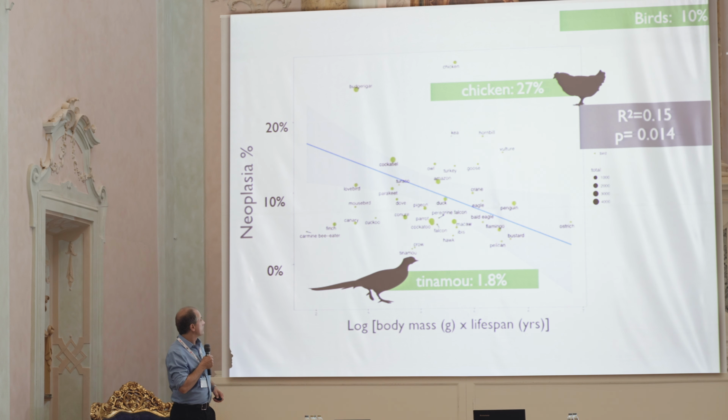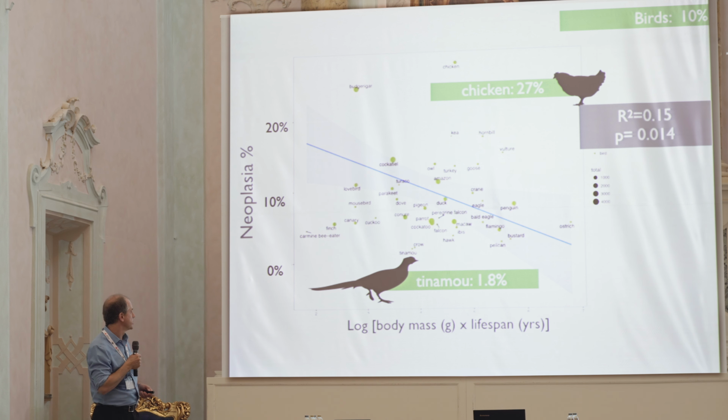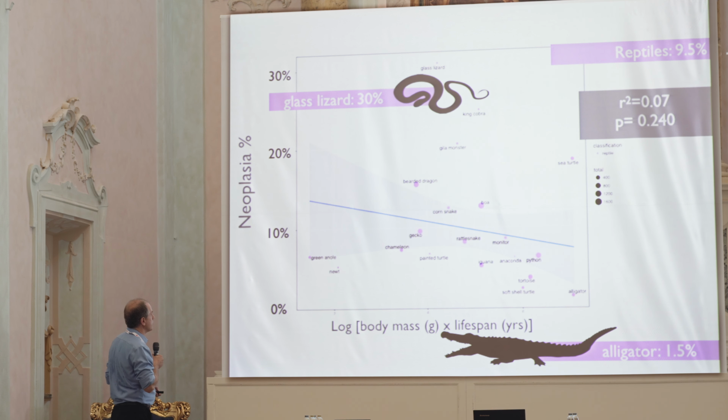So you can see the same trend in birds. Chickens have a lot of cancer, by the way, that's ovarian cancer, so we think that has a lot to do with selection for very high egg production. Reptiles, also relatively low, and alligators are the outlier here, so we don't know why alligators have such good cancer